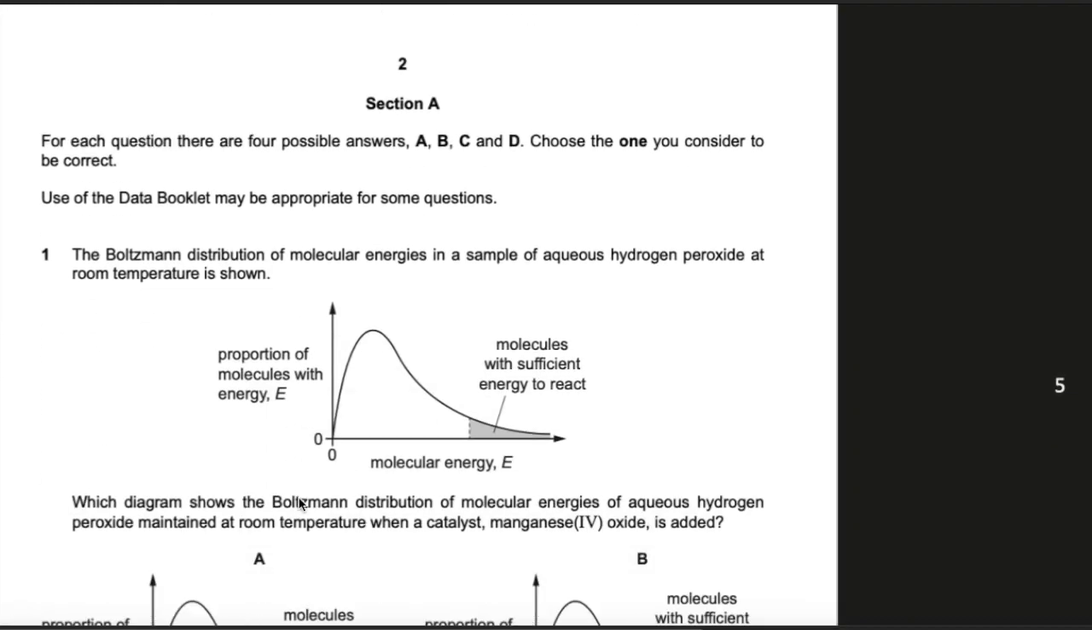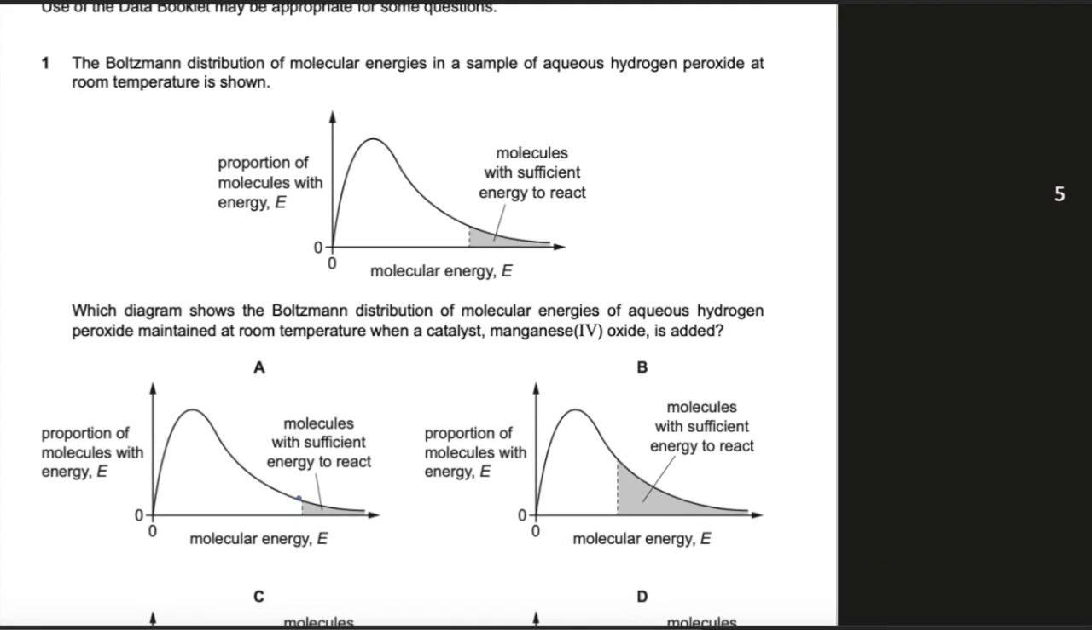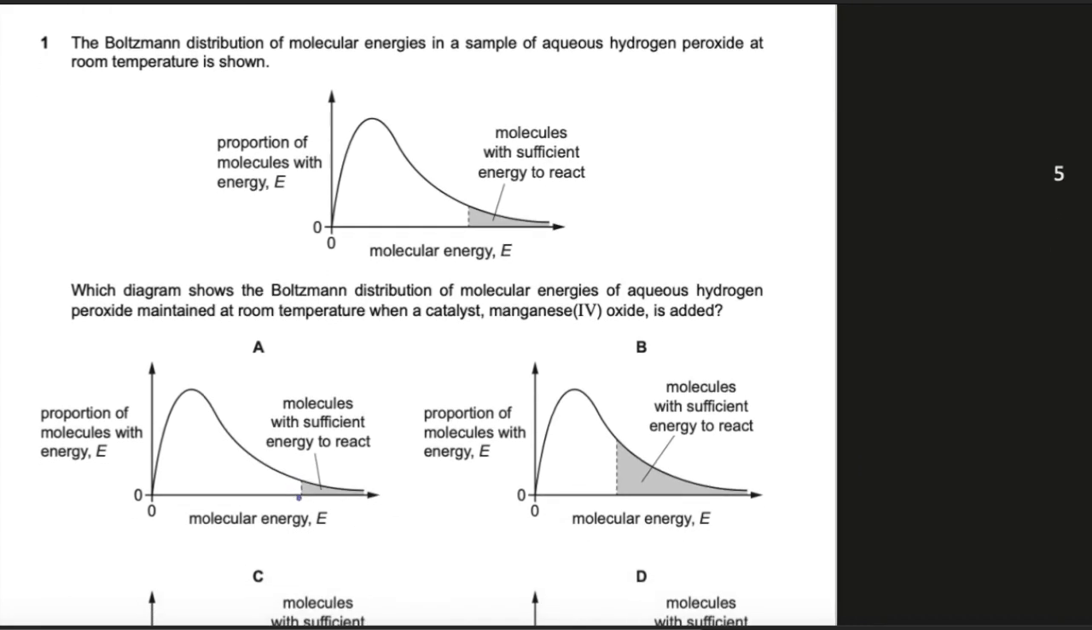This is paper 1 multiple choice question. May June 2019, 9701 is the code. Variant is 1 2. Question number 1. This is the Boltzmann distribution curve, and the examiner is asking which diagram shows the Boltzmann distribution of molecular energies of